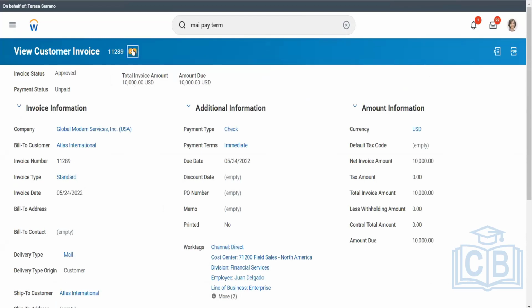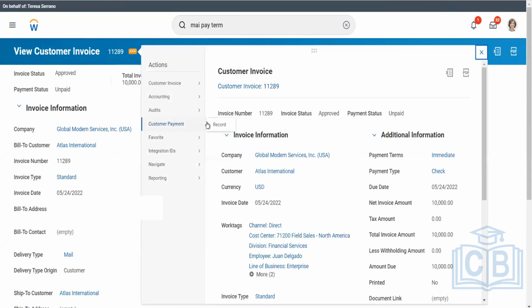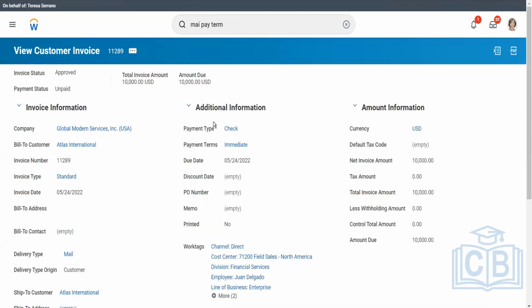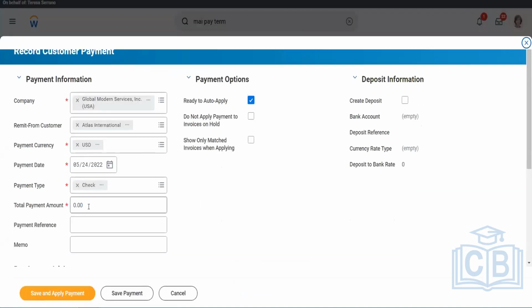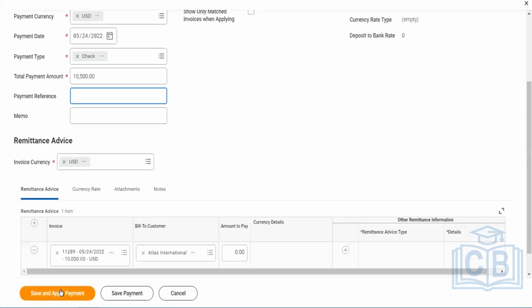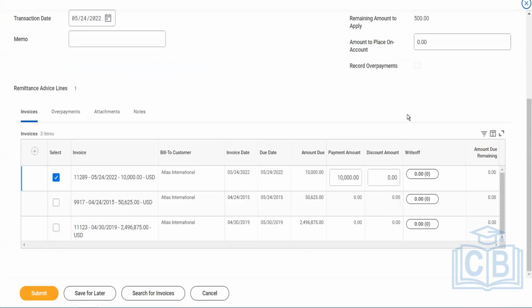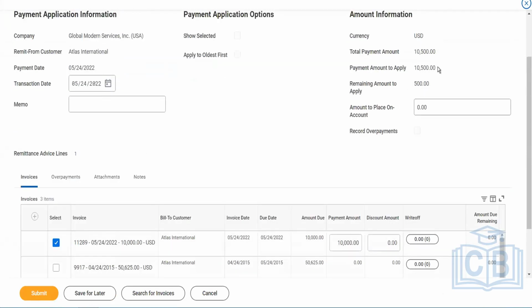Now I'll show you what if he has sent 10,500. So I'll say 10,500. Now the system will tell you that there's an extra $500 remaining amount to apply, because the invoice is for 10,000 only, but you got the check for 10,500. So there is $500 extra. So what do you want to do? You can say I'm putting it on account. So if I submit here,